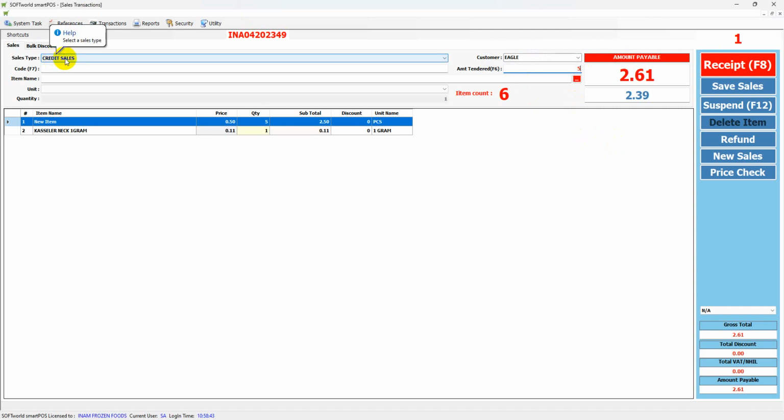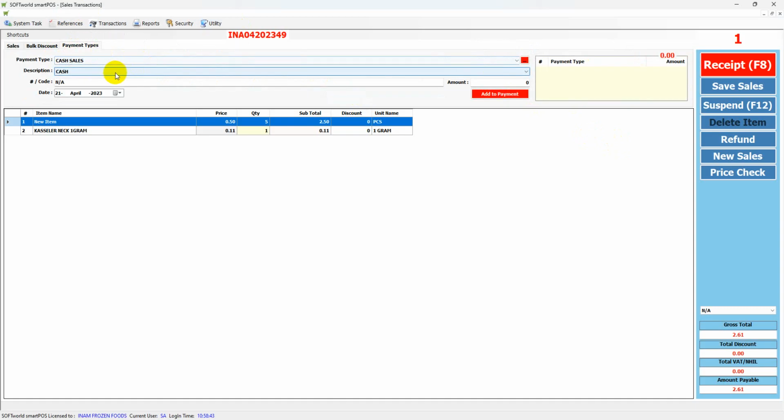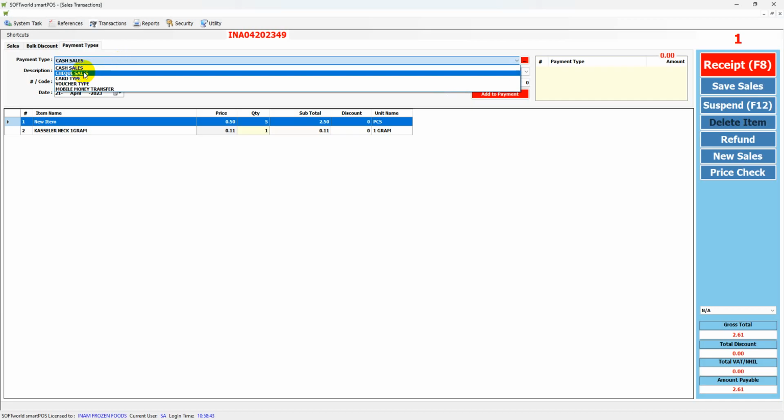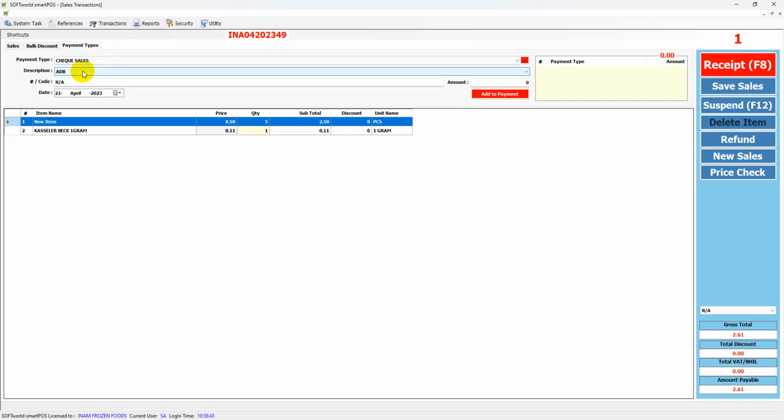Then there's cash sales. Click on cash sales. Now, if it's cash sales, there are a couple of things you can do. So I can come to payment types here, and then I can select the payment type. If the person is paying by check, you click on check. And then you can enter the check details, select a bank, enter the check number,